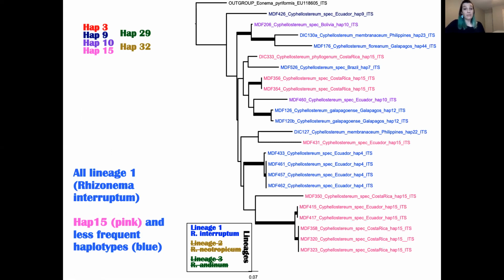And I have Cephalosterium here as an example. And as you can see, for example, among the lineages, only one is present here. And again, the pink and the purple are some of the most common haplotypes here. And if it just has this royal blue color, it means it's still within this lineage, Rhizonema interruptum, but one of these less frequent haplotypes.